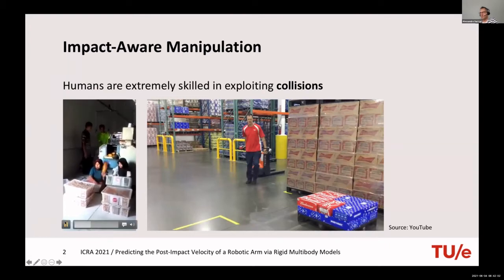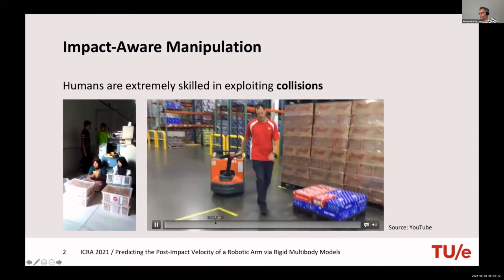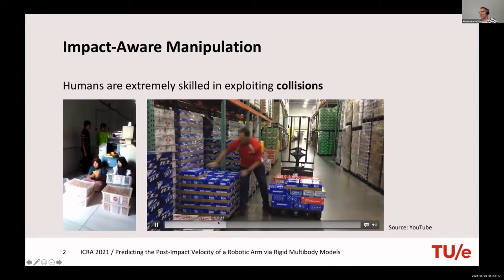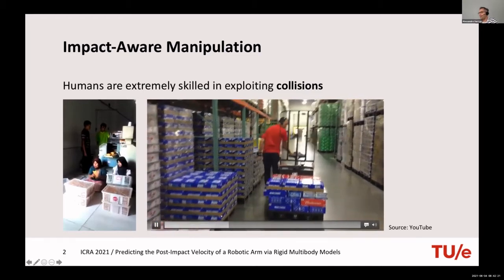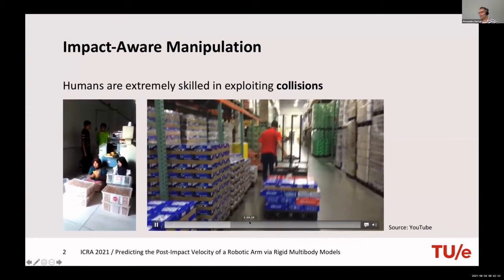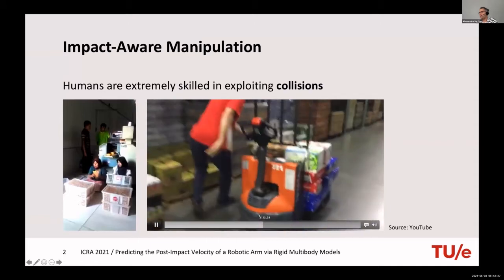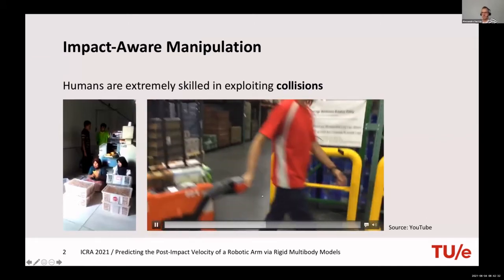Here's a video of two women packaging products inside tote boxes, and here a more industrial context where somebody is using impacts to make boxes slide or loading pallets and so on and so forth. Here, we constantly use impacts essentially to speed up the motion.